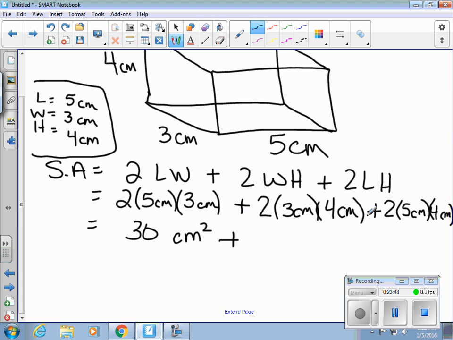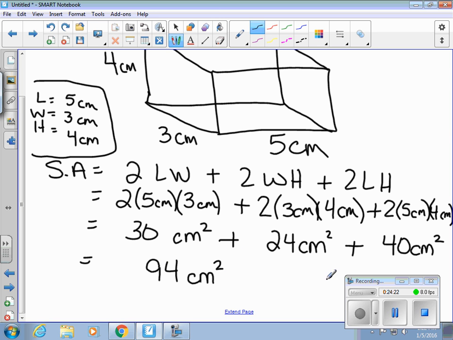Okay. This one, 2 times 3, 6 times 4, 24 centimeters squared. 2 times 5, 10 times 4, centimeters squared. Now I'm going to add them. So in my head, to go quickly, 30 and 40 is 70, and 70 and 24 is 94 centimeters squared